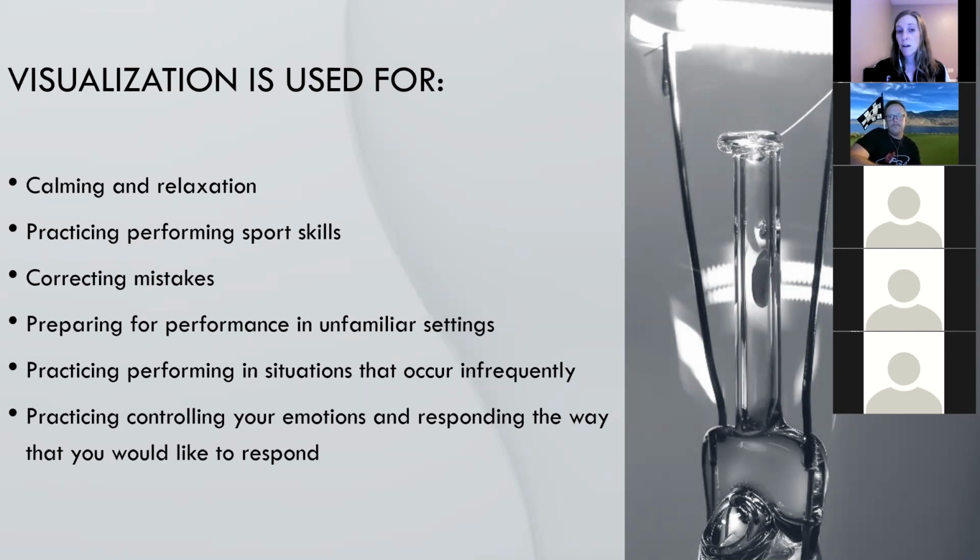Sometimes we go into a setting where we're unfamiliar. So maybe it's a new course, or maybe you're golfing with new people, or maybe there's just something that's feeling a bit off for you. And so if you're going into a big tournament somewhere that you've never played before, you might actually visualize yourself being there. And by going through that in your mind, by maybe looking at pictures of it and recreating those in your mind, you're making your brain more familiar with it, so that when you actually get there, you're going to feel more comfortable, even though you haven't actually been there.